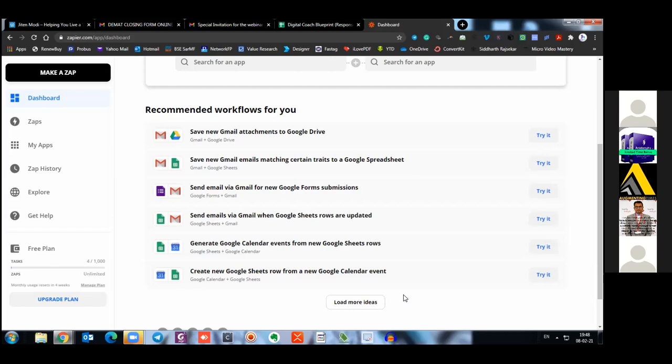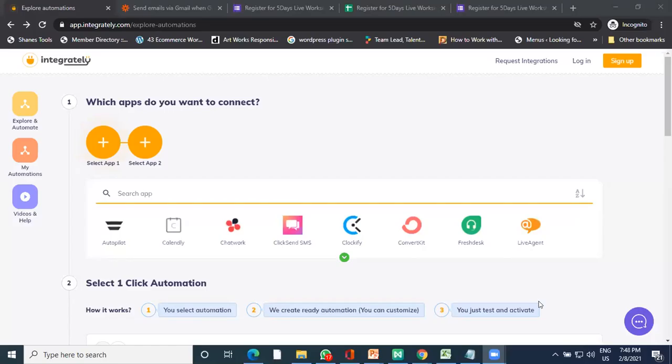Okay, I'll just pull you all towards my screen. Jiten sir, I'm just moving it towards my screen. Is it all right? Yeah. Okay, thank you, sir. So just give me a moment. I'll show you the other app also. So this is how we can do that on the other app.